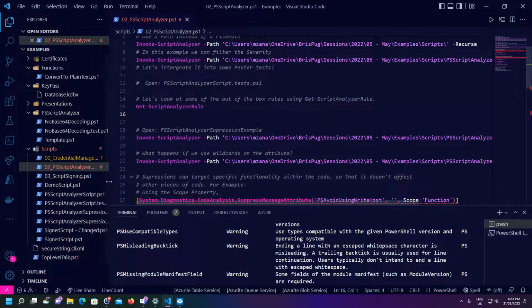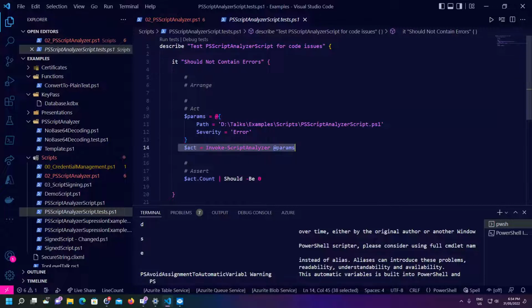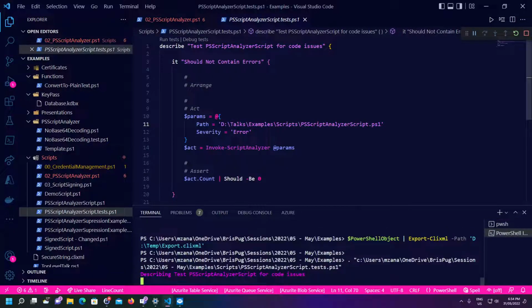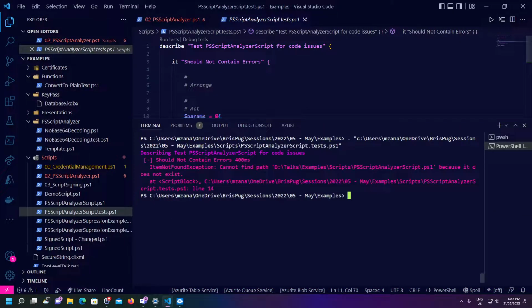The other thing is that we can integrate this in our tests. I've written a really basic Pester test here. You can see we can invoke PSScriptAnalyzer, and we're expecting that there should be no results that contain an error. Let's go ahead and run that test. Hopefully there shouldn't be any issues. And you can see here that we have a test failure, because